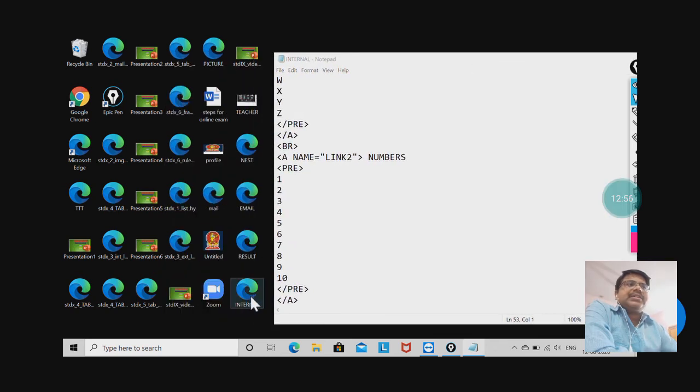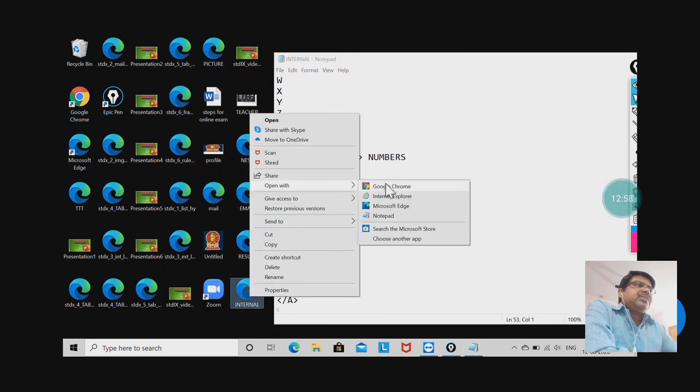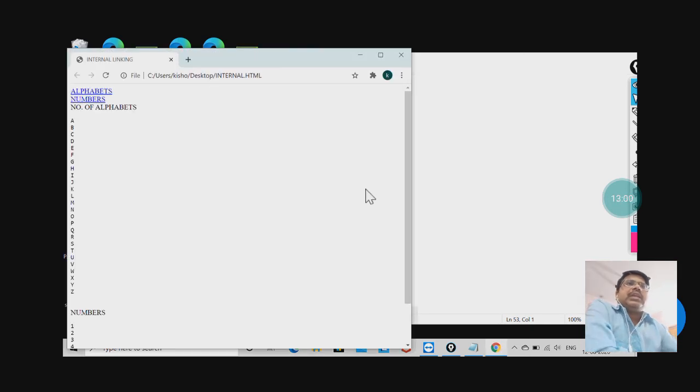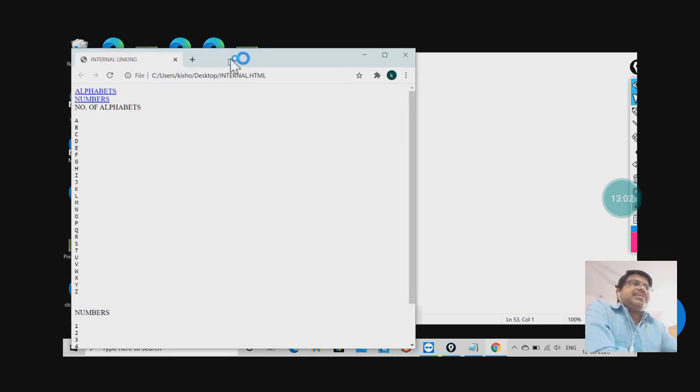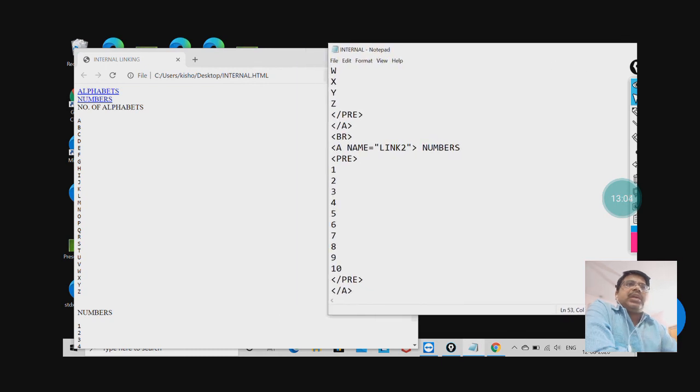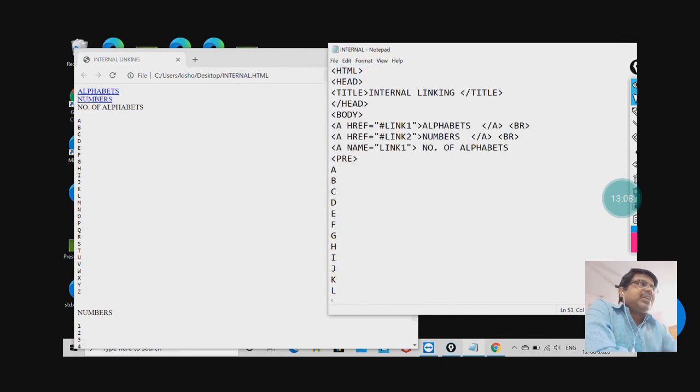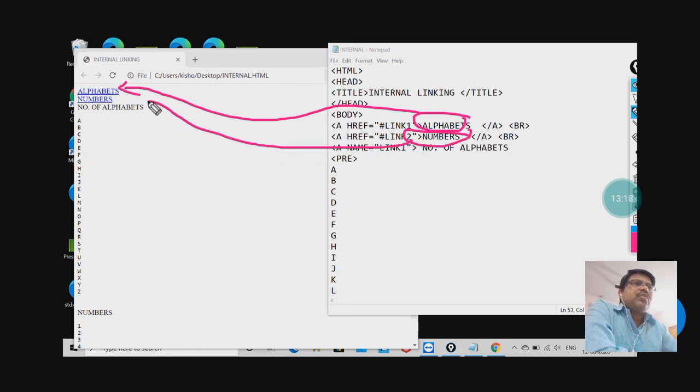Yeah, internal is here. Open with Google Chrome. Now you see, my dear, what are my alphabets? You see, first link. What is my first link? Just see, my first link is alphabets, which is shown here. Second link is numbers, which is shown over here.